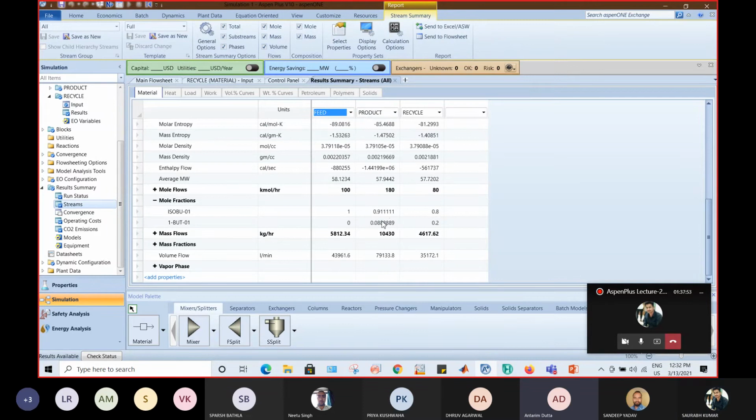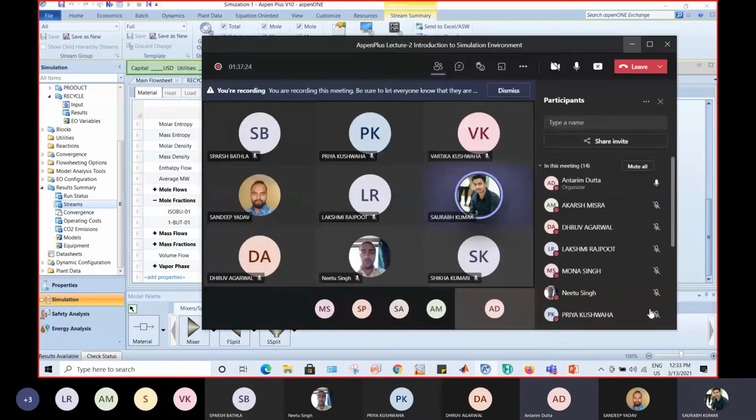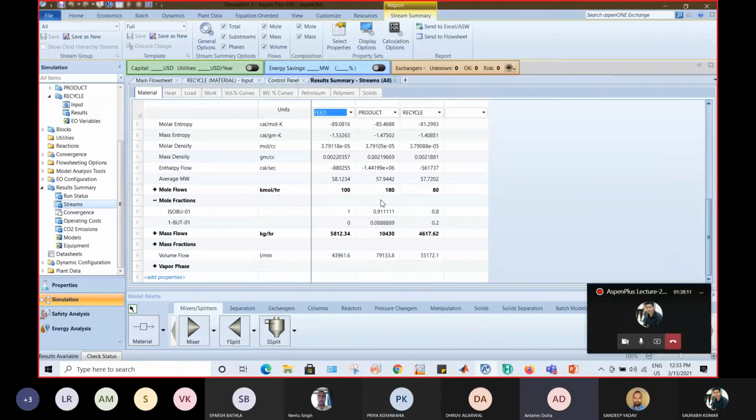Yes, you see on decreasing my product composition... Kindly mute your mic. Yeah. So on decreasing the recycle flow rate, we can see that our composition for isobutane is increasing.